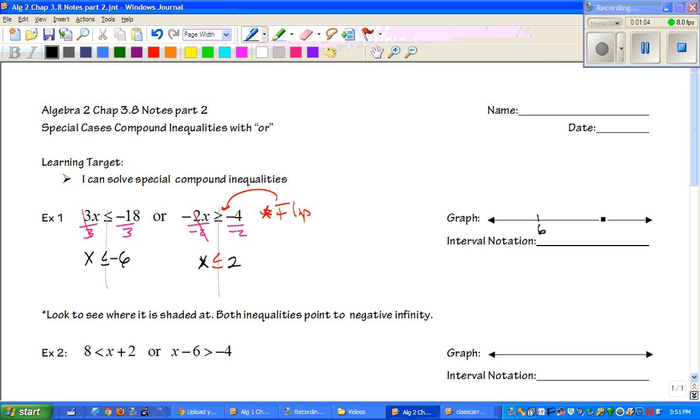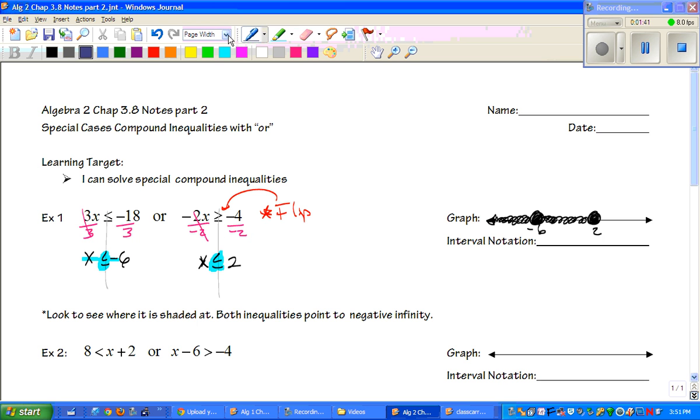We have -6, and we have a +2. Now for -6, it's a closed circle, and we're going to shade that to the left. Now for 2, it's a closed circle, and we have to shade it to the, wait, left. What's going on there? How do we write that? Never seen anything like that before. That's okay, we're doing it right because our symbols are both telling us that we need to shade to the